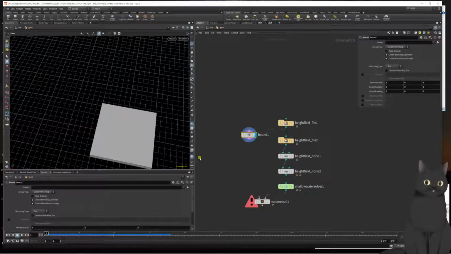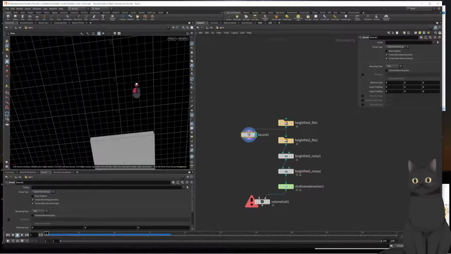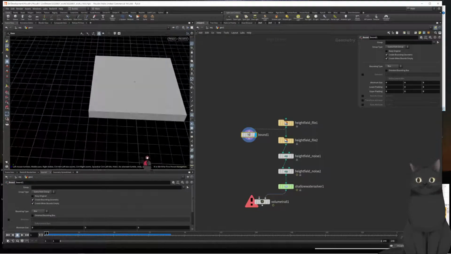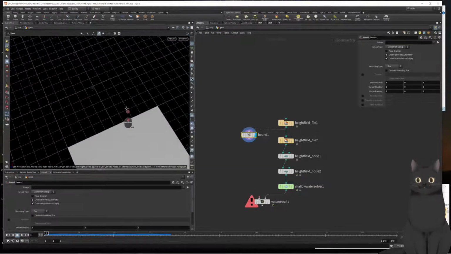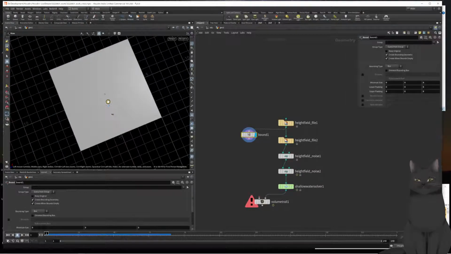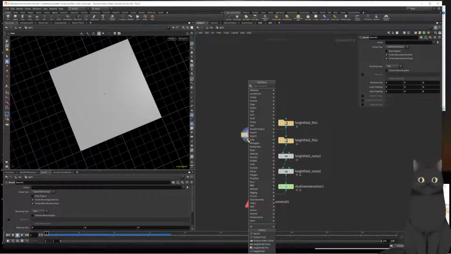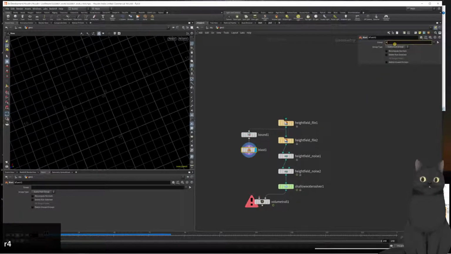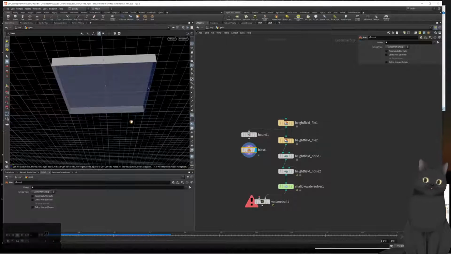So in this case what I'll do is just attach a blast node, and in that blast node set it to primitives and blast everything but number 4 by just typing 4 in the group field and then checking delete non-selected, and now we are left with only the bottom